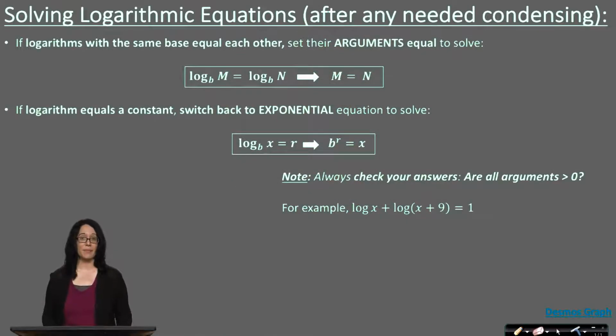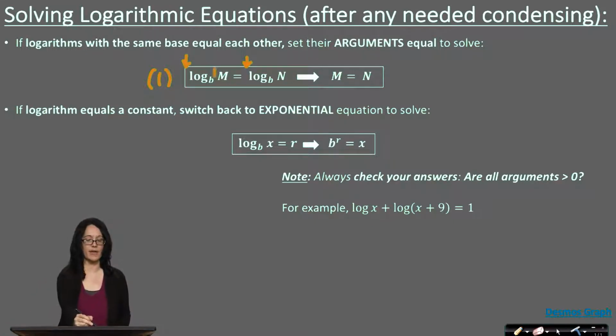So recall, we had properties of logarithms in our last video, and some of these properties are going to be essential in helping us solve logarithmic equations. The first property involves recognizing that on one side of the equation you have a logarithm with a base, and on the other side you have another logarithm with the same base. If that is the case, and if the coefficients of each logarithm, the number in front, are both 1, you can simply recognize that the only way for that to be true is if their arguments, in this case m